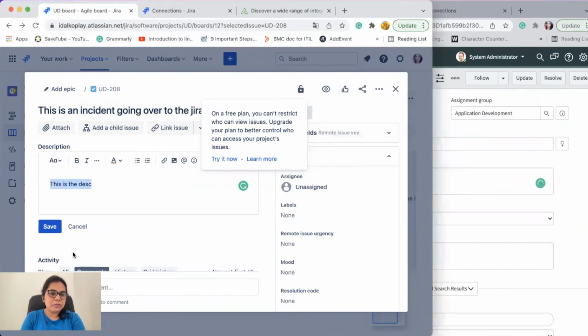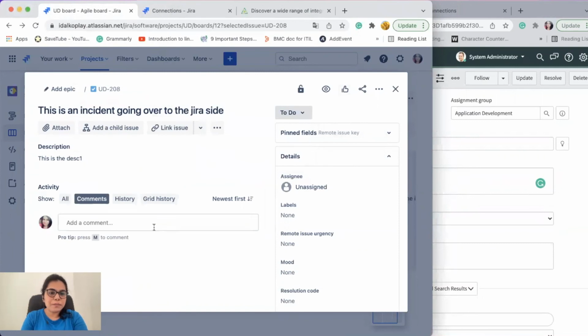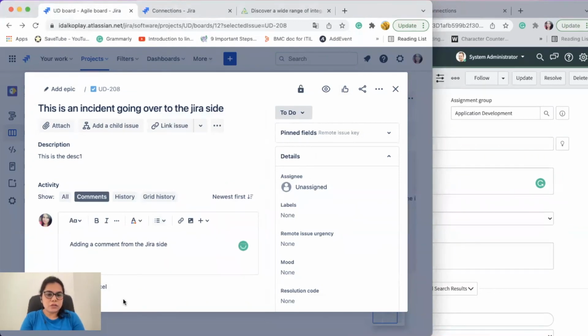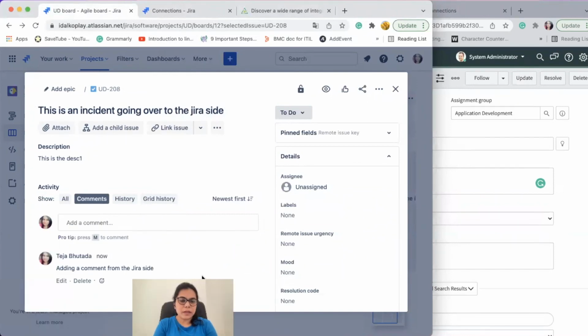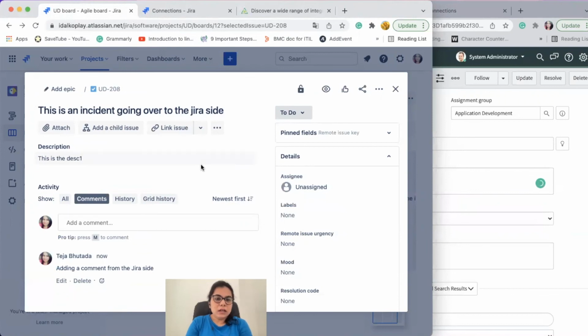And you can also change the description if you want. So I'm saving this. You can add a comment from Jira. And you can click on save. Yeah. And as you can see here, I have changed the description and the comment.